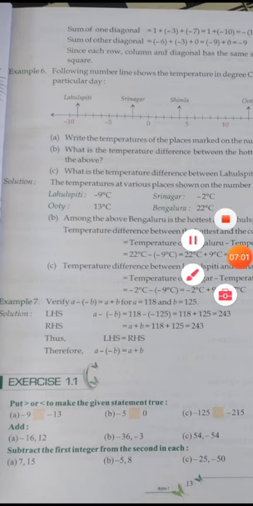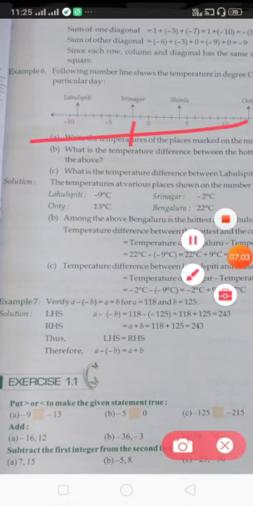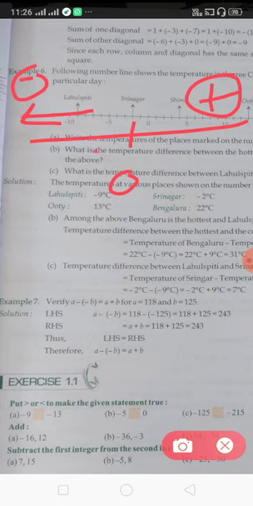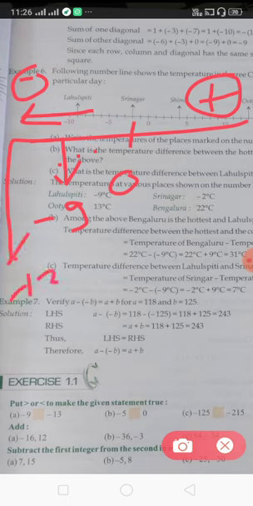So you see here, first if I draw the number line, here is 0, here is the negative numbers side, and here is the positive numbers side. Now I am talking about minus 9. So where does minus 9 come? First minus 1 comes, 2 comes, 3 comes, then minus 9 comes here on the number line. Then after minus 9, where does minus 13 come? Minus 13 comes here. Now you compare minus 9 and minus 13.